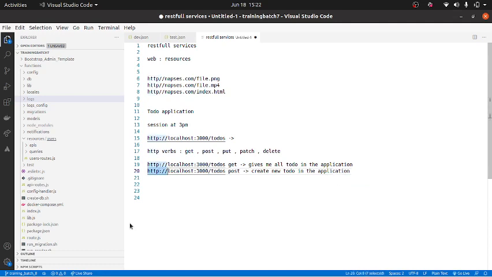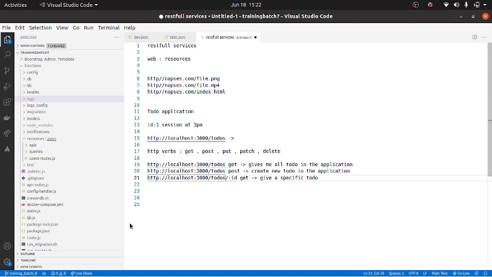Now, how do I get a specific to-do? I created a to-do, session at 3 p.m. This one has an ID 1, for example. How do I get this particular to-do? For that, what the RESTful API tells is, use /id and use the get method, then this will give me a specific to-do.